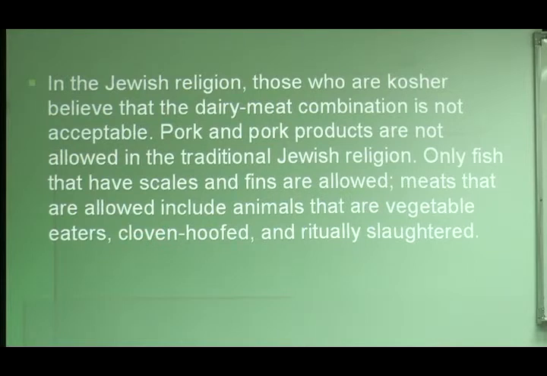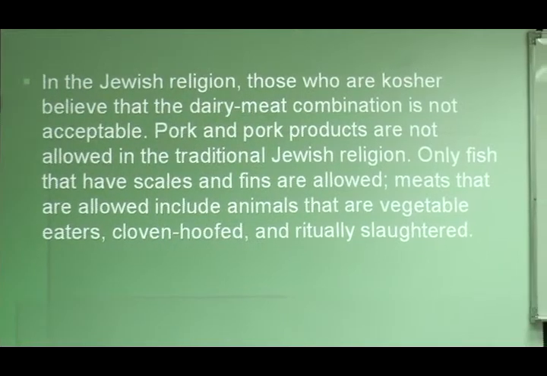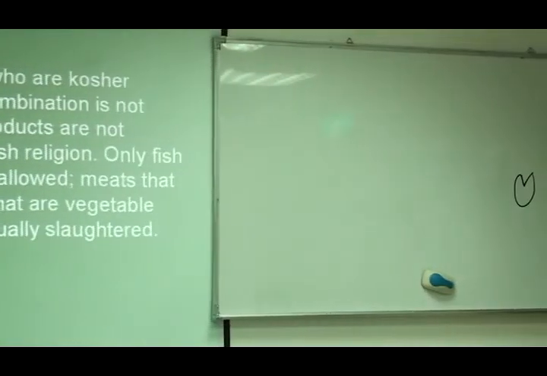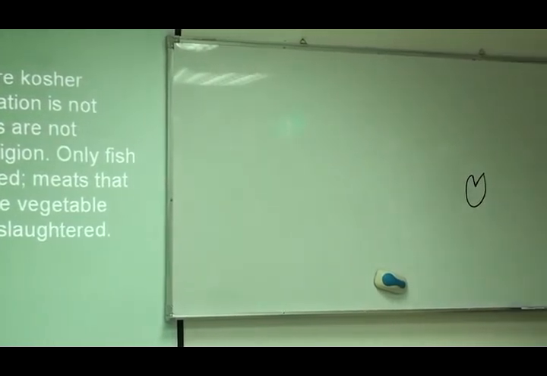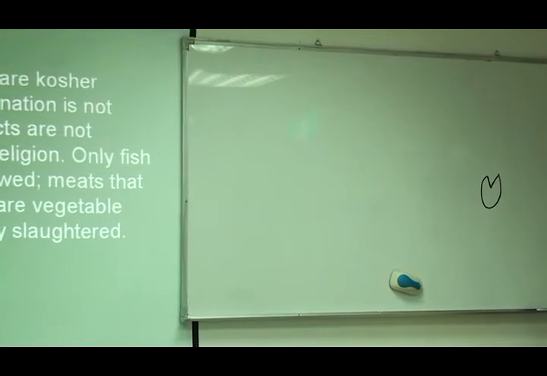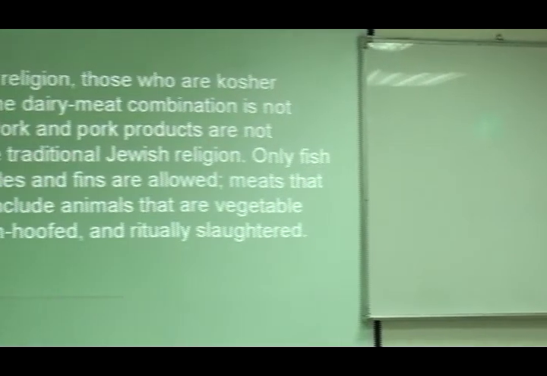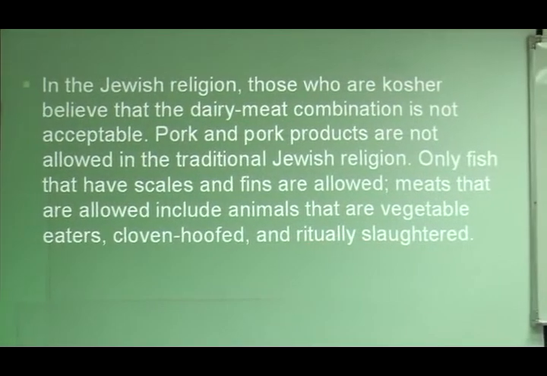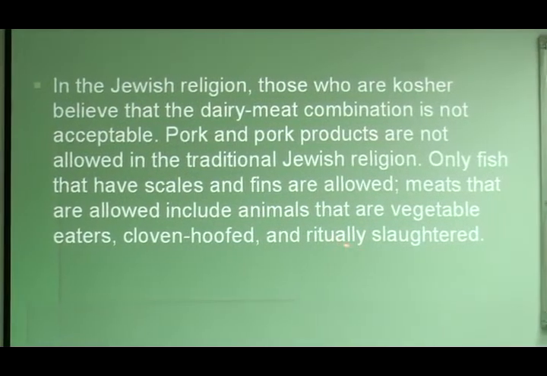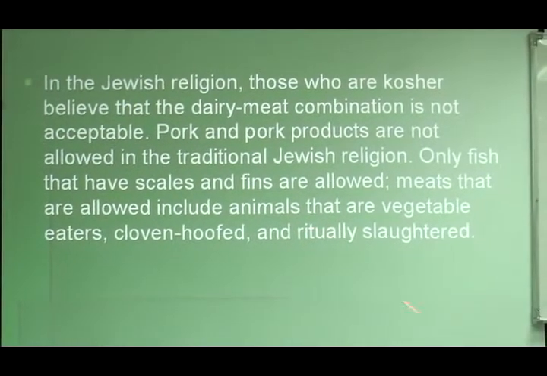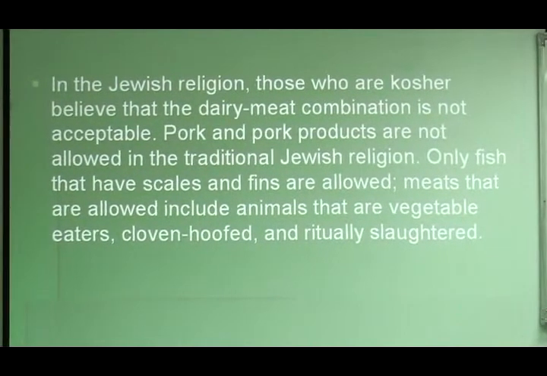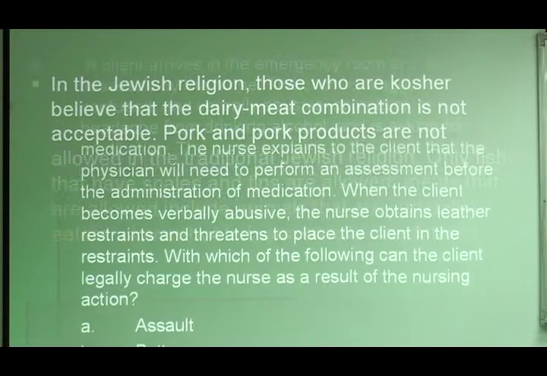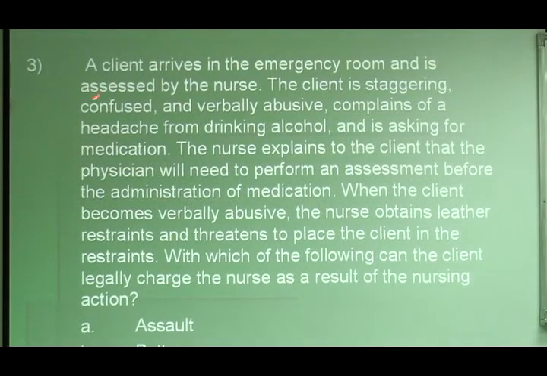Cloven hoofed. When you say cloven hoof, the feet is shaped like that, the feet of the animal. Any animal that is cloven hoof, like the sheep, and ritually slaughtered. So they cannot just eat any animal. They have a proper way of killing the animal. Ritually slaughtered. Slaughter means to kill. Number 3. This is